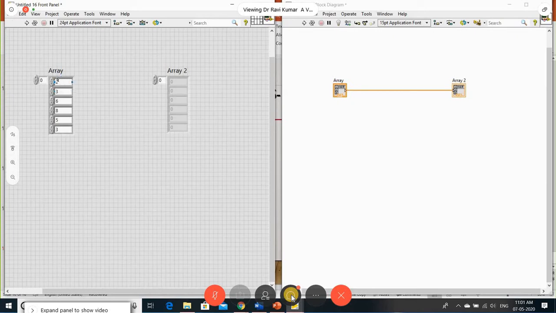So I am telling that this is a single dimensional array. This is your index: array of 0, array of 1, array of 2, and so on. Like that it will be 0, 1, 2. This is the index, remember. This shows your index. If you want a 2-dimensional array, you increase that index. Go to here, just drag down. Now this is your 2-dimensional array. You can drag like this. But if you want a single dimensional array, you minimize this index, and you will get the single dimensional array.